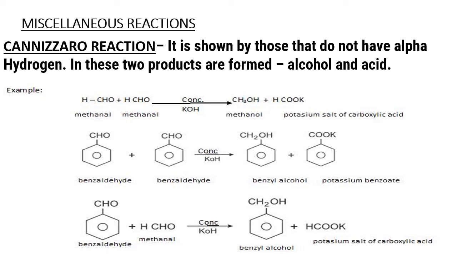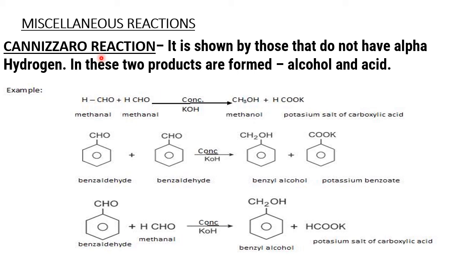What you should do: don't take both aldehydes containing alpha hydrogen. You take one aldehyde with alpha, the other one without alpha. That time you can control the reaction easily. Otherwise, the reaction continues and mixtures are formed. Then you have to go for one more extra step, that is a separation technique. If you want to stop it, out of two aldehydes, one must be without alpha.